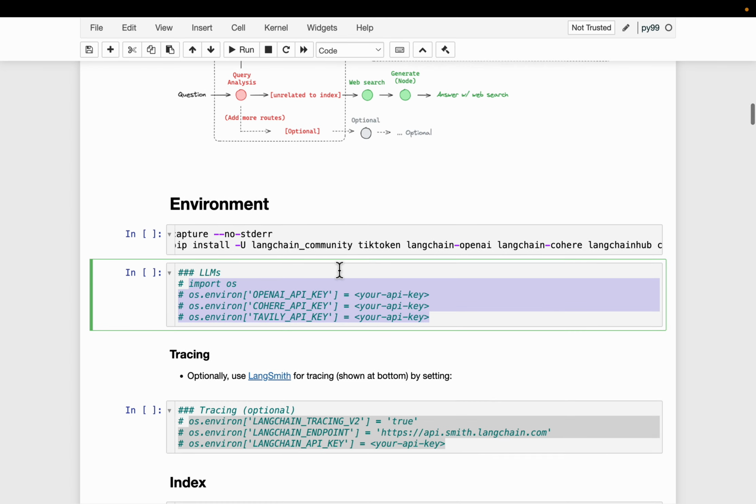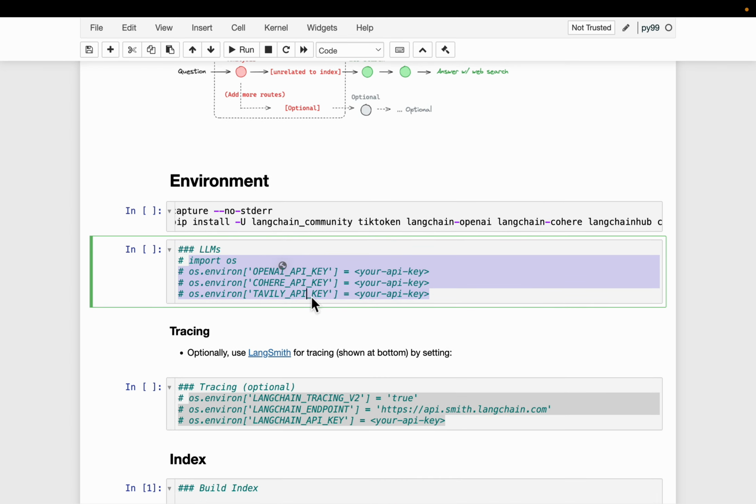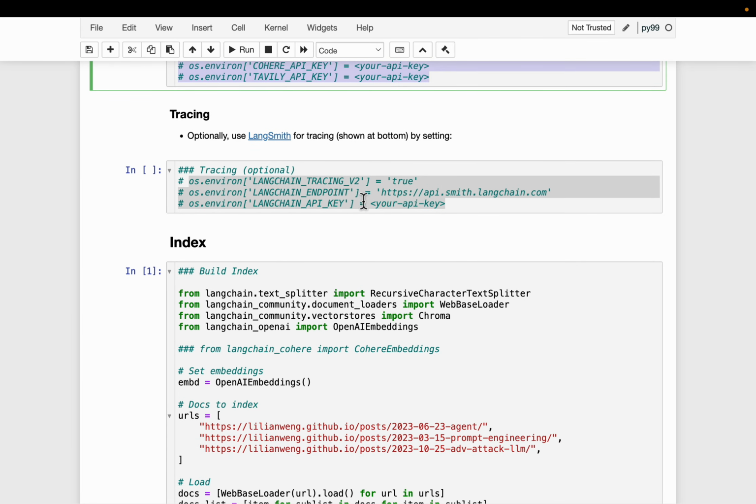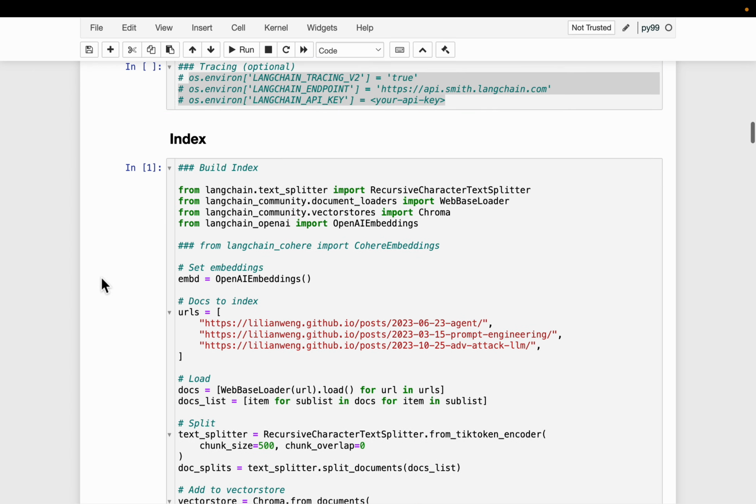For that web search, we need this Tavily API key. Both OpenAI and Tavily I have in my environment variables, so I don't need to set them here. And you don't need this LangChain tracing or LangSmith keys. That's for tracing.